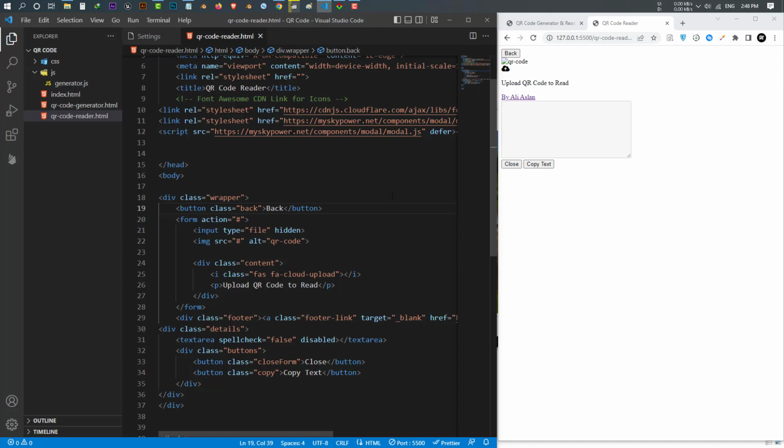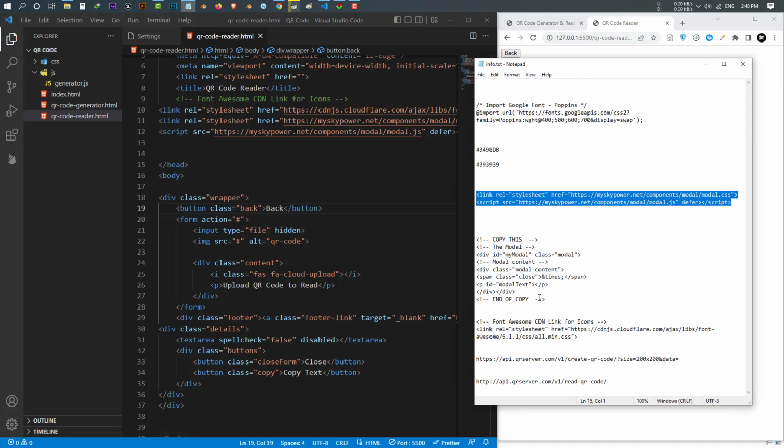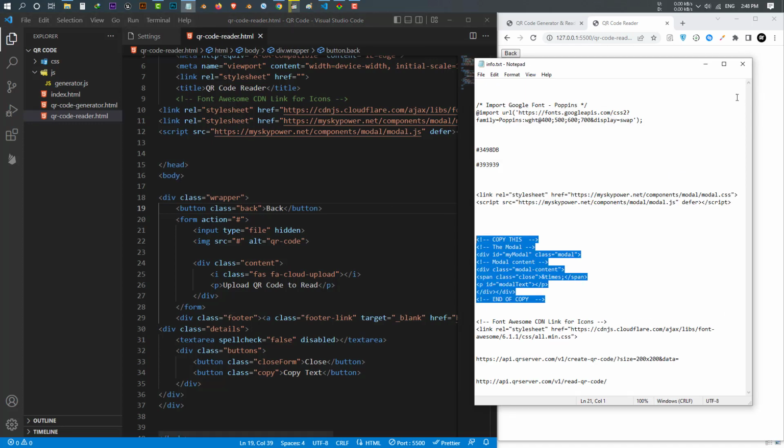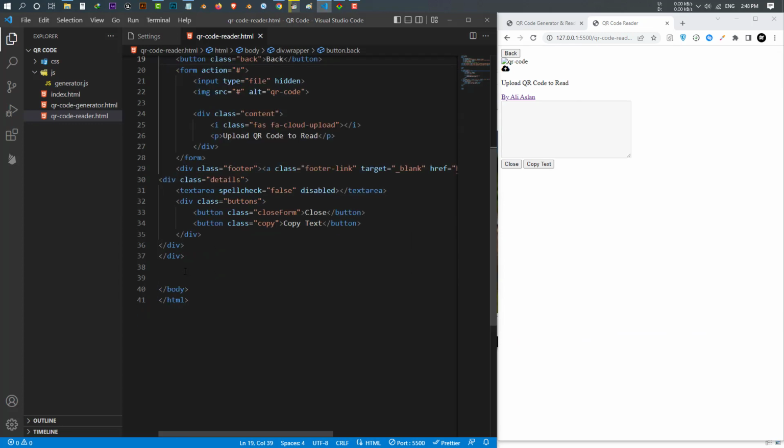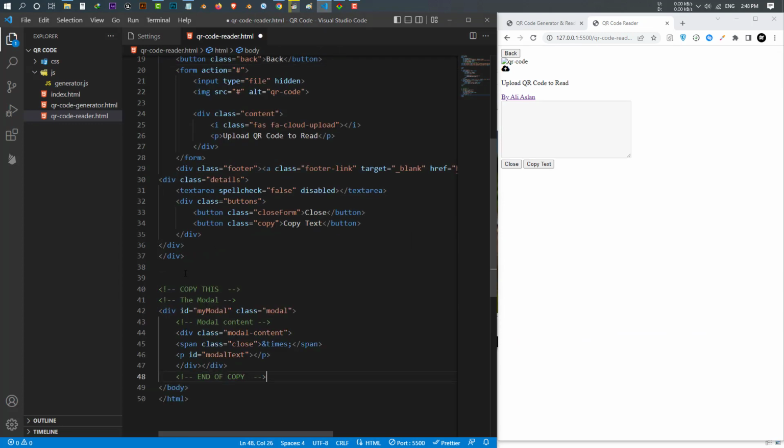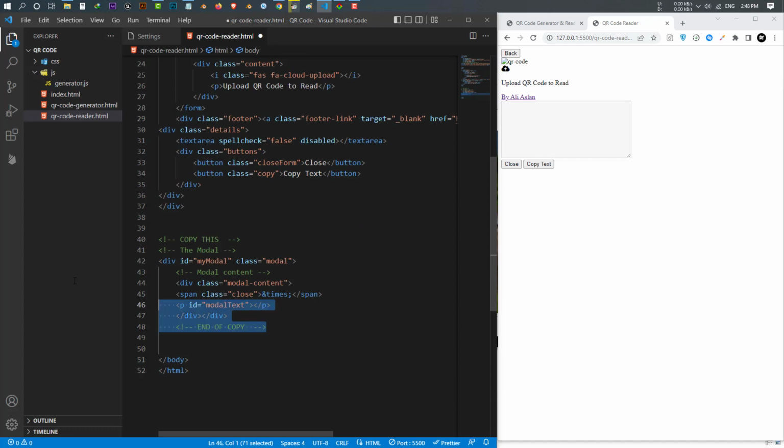And one more thing I'm gonna do is I copy this model and I paste it before the body, which we will use later in our JavaScript to display codes and display a message on the QR. Okay,